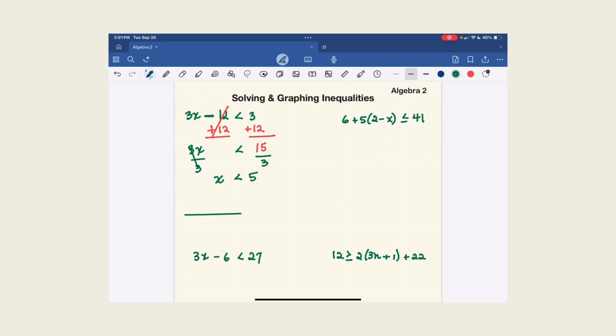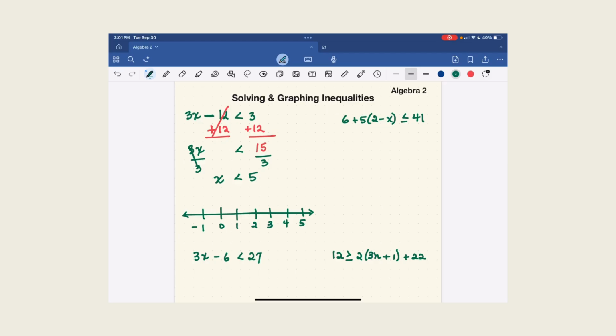We'll begin graphing the inequality by drawing a number line. You want to be sure to include arrows on either end of the number line to show that the number line is infinite on each side. So we've got 5, 4, 3, 2, 1, 0. And I like to go just a little bit past 0 to -1 to show that the number line is